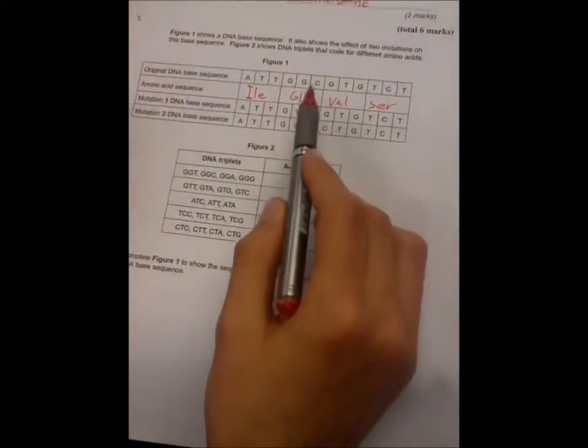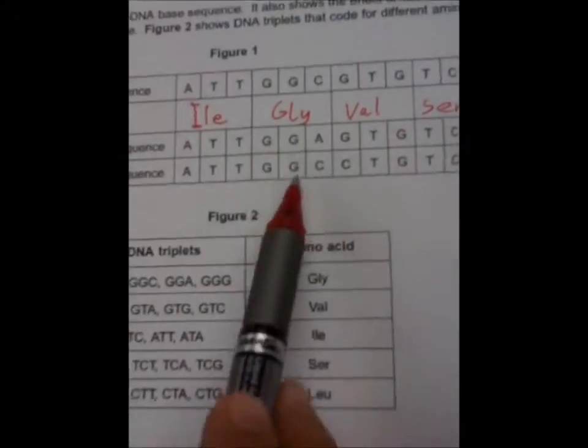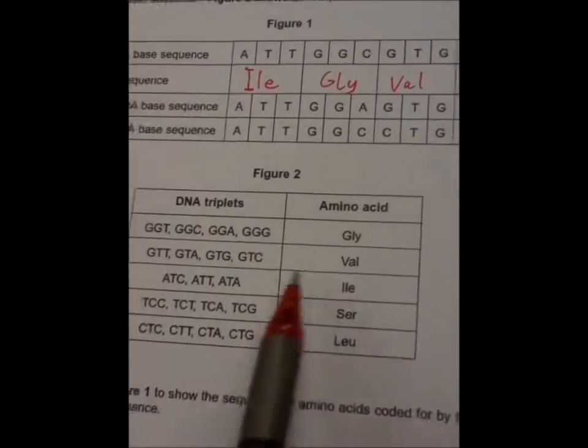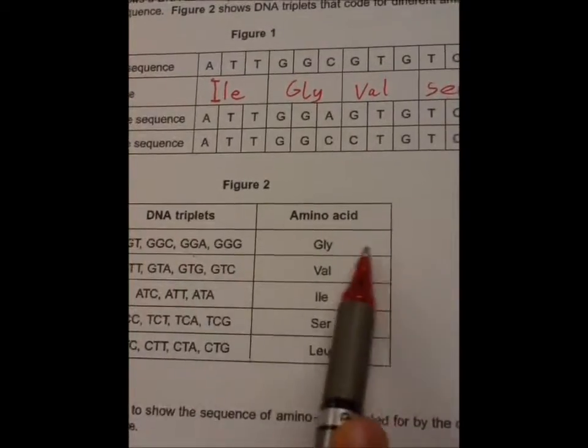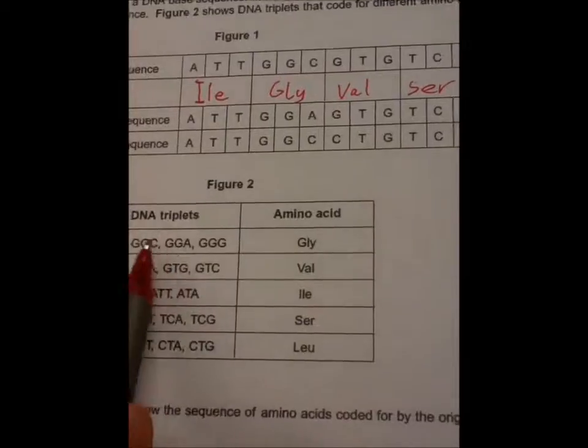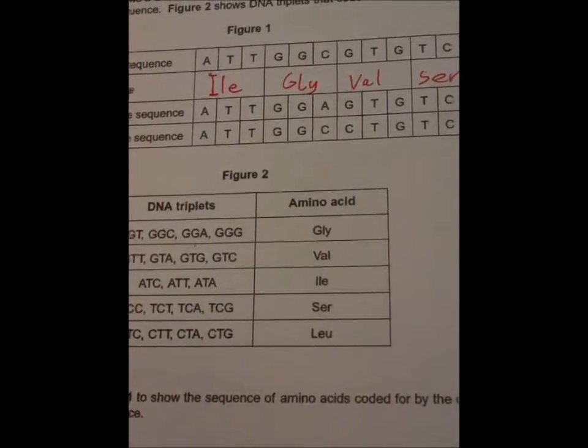Well, if we compare the figure, mutation 1 changes C to A. So if we look at the DNA triplet for mutation 1, from GGC to GGA, GGA is within the glycine DNA triplet. So what we can say is, mutation 1 does not change